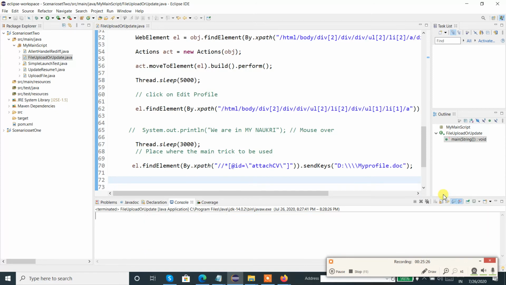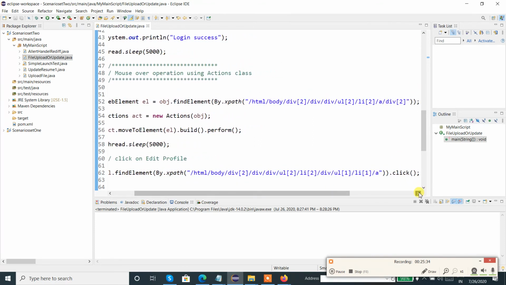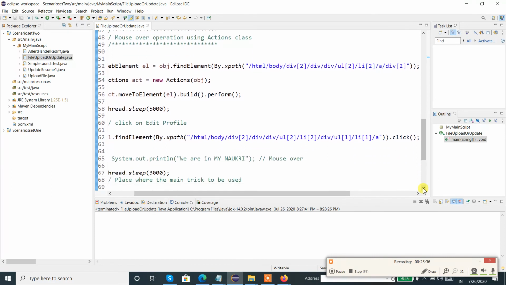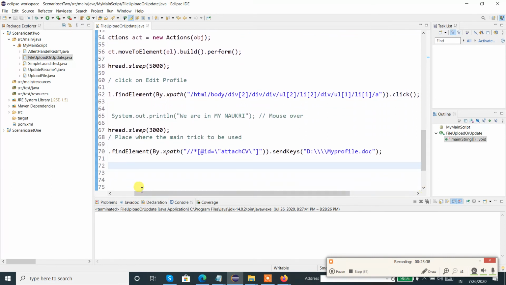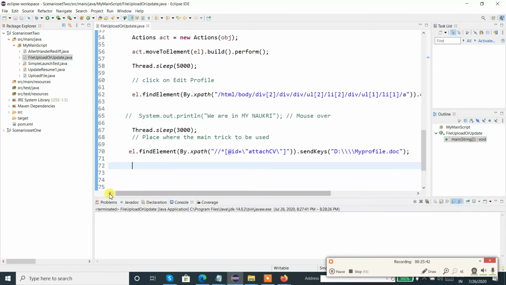We should be very patient when we are working on 100 lines of code, 70 lines of code like this, because sometimes an XPath problem will come up, sometimes the dynamic XPath will be there, sometimes the thread.sleep will not be there, and because of that you will get the error. So we need much patience to deal with all these errors and troubleshoot them.